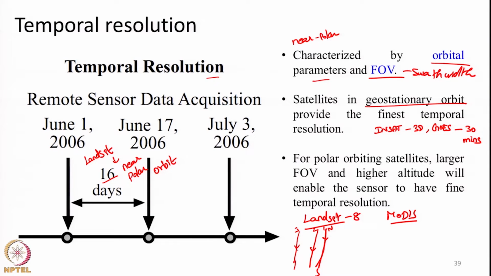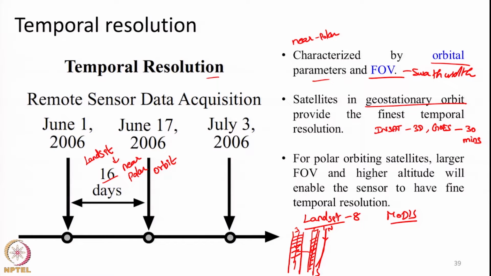So, there will be certain ground distance between these two orbits, in the order of a few thousands of kilometers at the equator. Let us say the swath for Landsat is just 185 kilometers. So, this is just 185, this is 185. You can see from this particular schematic example that there exists a large gap between two orbital paths and the